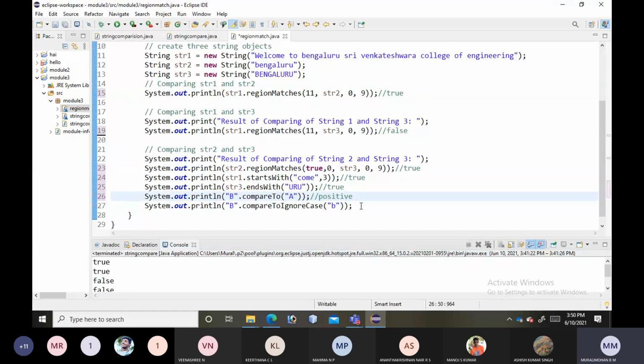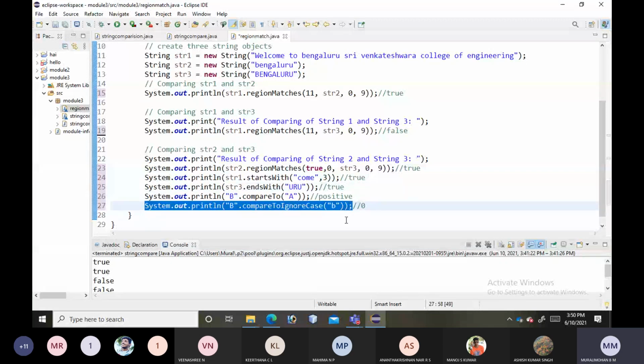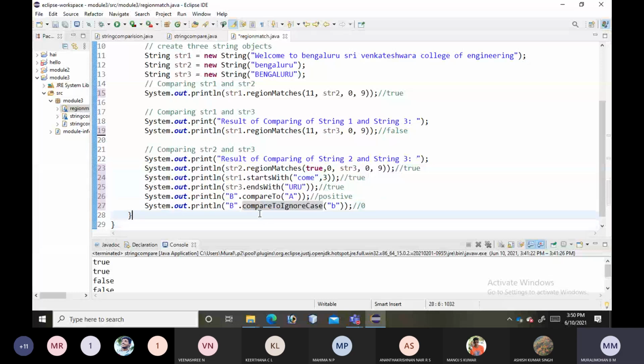All right. What about this line? 0. Very good, right? Why? Because here we are giving compare to ignore case also we are specifying. If you are not specifying this, then it will give different answer, right? So let us see that one also. Here I will just remove this ignore case.